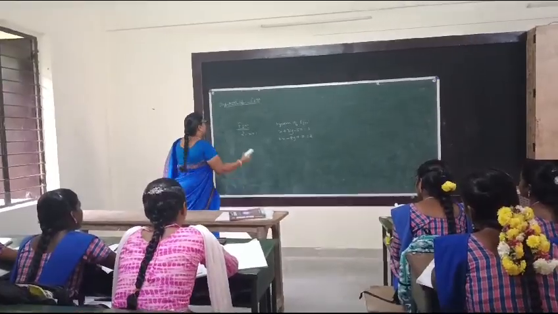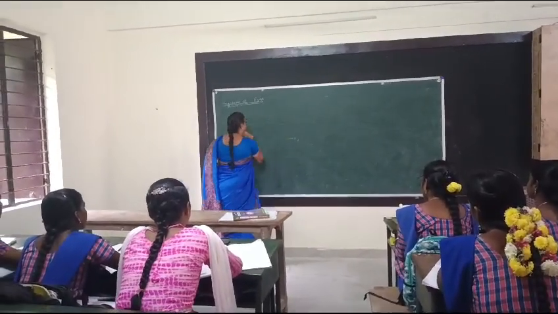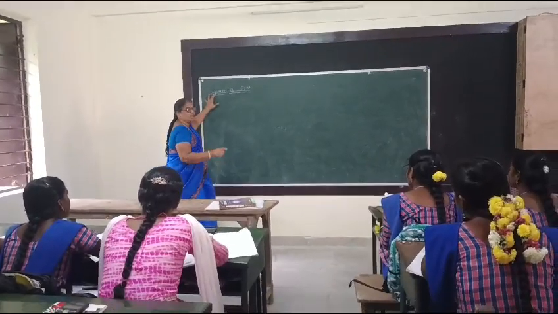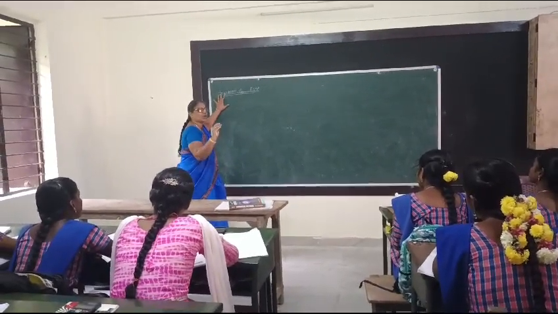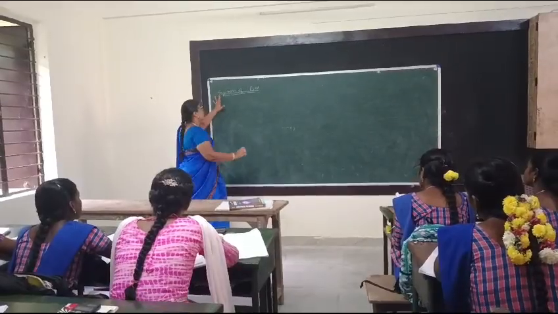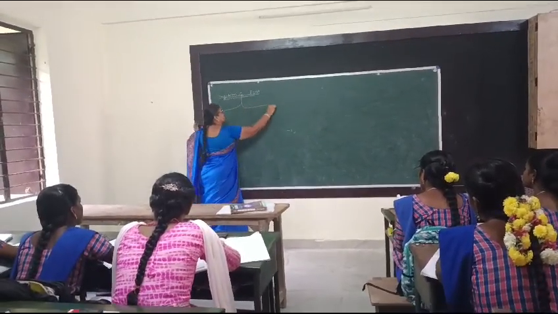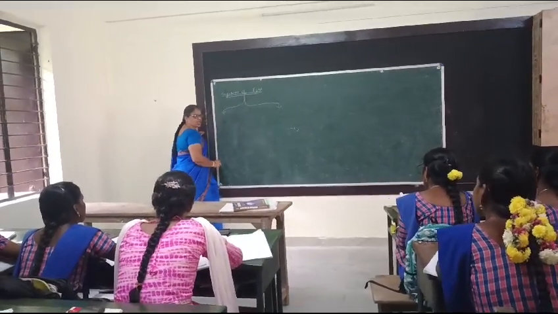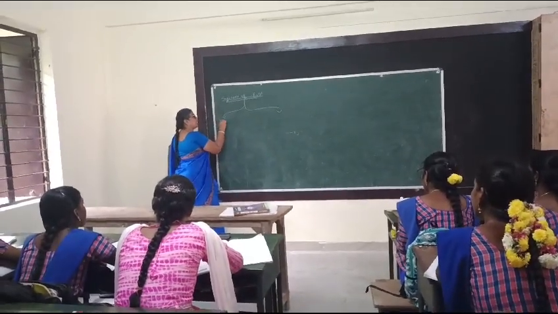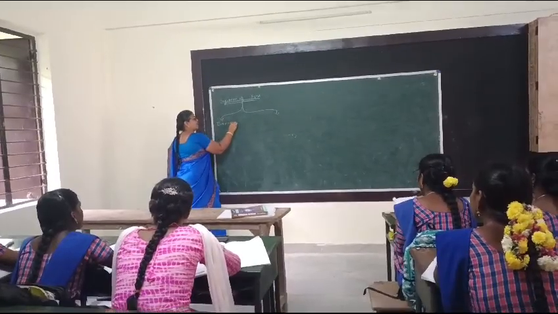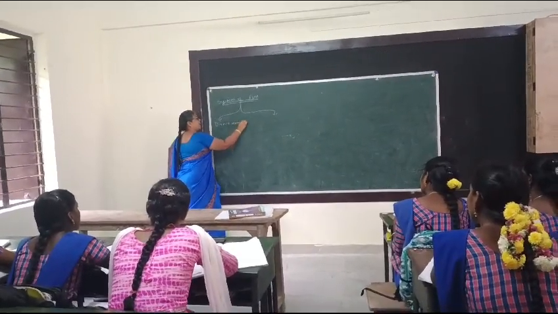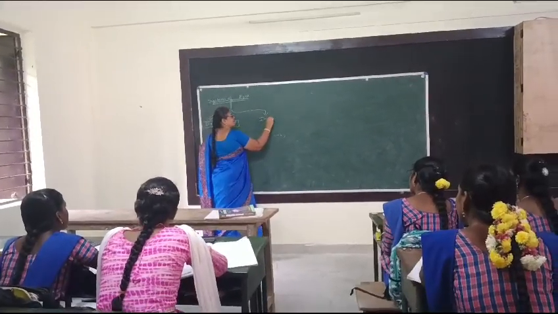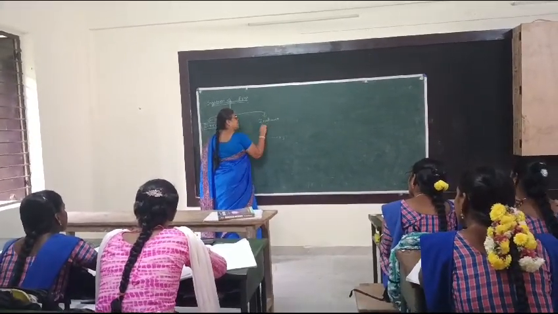In numerical methods, we have a lot of methods to solve the system of equations. But in your syllabus, you have only 4 methods. And before that, the methods are classified into 2 types to solve the system of equations. One is called what now? Direct method. Another one is called what now? Indirect method.